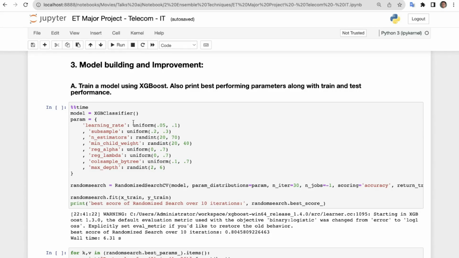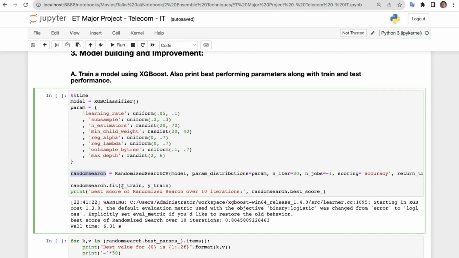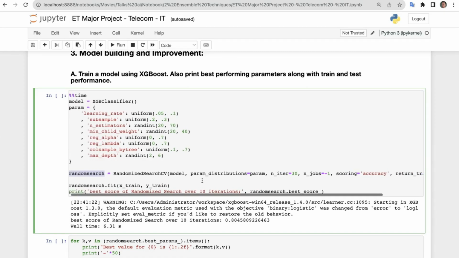Then for the model XGBClassifier, the parameters we are passing now are learning rate uniform 0.05 to 0.1, subsample uniform 0.2 to 0.3, then n_estimators, min_child_weight, reg_alpha, reg_lambda, colsample_bytree, max_depth, right? So here you can see we are defining the random search function, RandomizedSearchCV, with the model and the parameter distribution equal to